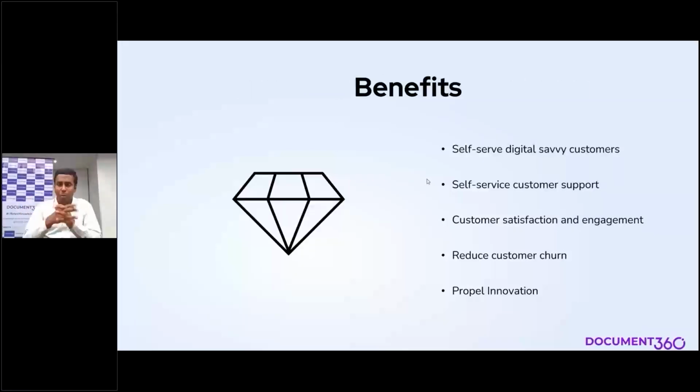All right, let me talk about a few benefits of having a good knowledge base. As I said, self-service, digital savvy customers love a knowledge base because they want to come and self-serve by themselves without waiting for a customer support agent to turn up or pick up their phone call. And self-service customer support is a viable model for many SaaS companies these days, because it's easy for them to